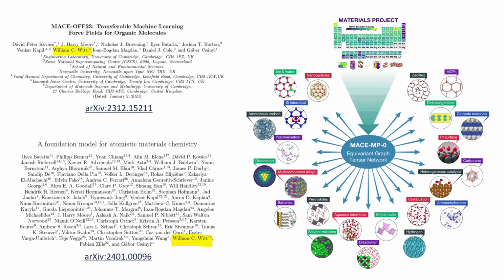Probably you've seen lots of splashy press releases from lots of different groups. Google has a foundation model for materials chemistry. Microsoft does. There's a Meta one that came out last week or something. But using the same ideas that we've been talking about today, mixed in with some of these other features, tensor factorizations, our team was able to make a MACE model trained on the Materials Project that is remarkably stable and a good starting point